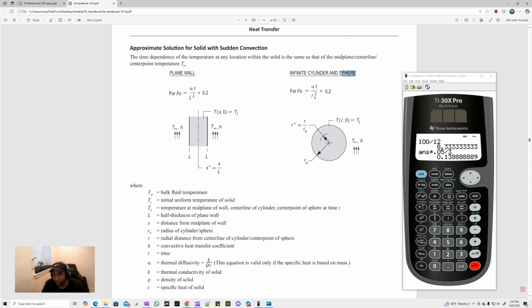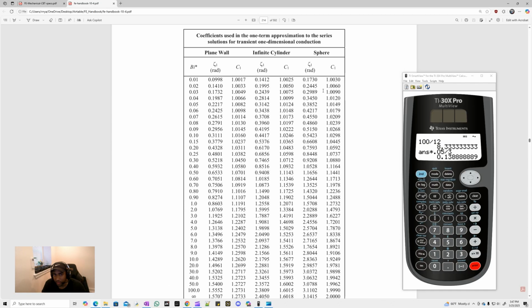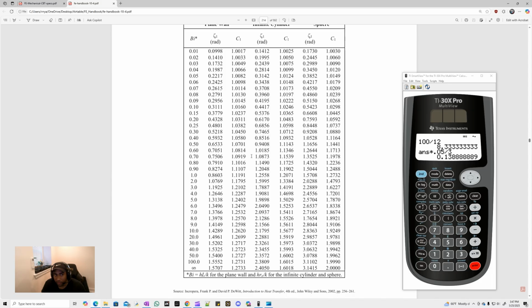So we have the case of a sphere, and if you scroll down here to the tables, we check out for a sphere, there are some zetas and C1s, and we need to first compute our Bi star value. Note that the Bi star is not equal to what we had for the Bi number. The Bi number that we had was hR over 3k. This one is hR over k, right? So what we essentially do is triple our actual Bi number that we just computed, and we get a value of